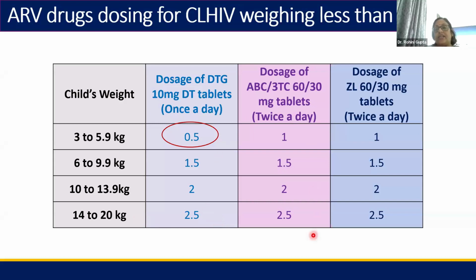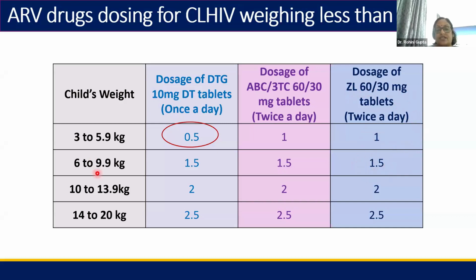If you compare with the dosage of abacavir lamivudine 60/30, which is given twice a day, except for this dosage, the dosage remains the same. So remember that children who are 3 to 5.9 kgs are given half a tablet. Otherwise, the dosage of abacavir lamivudine 60-30 milligram, which is given twice a day, the number of tablets is going to be the same. Similarly, for the doses of ZL 60-30, which is again given twice a day, the